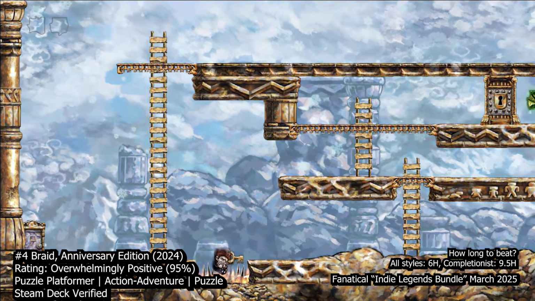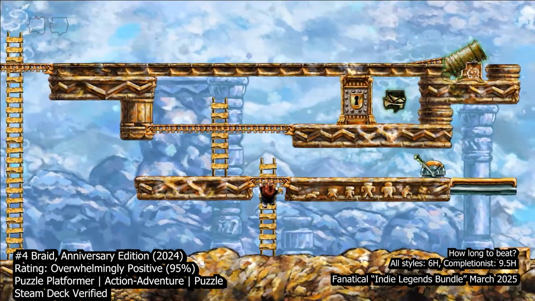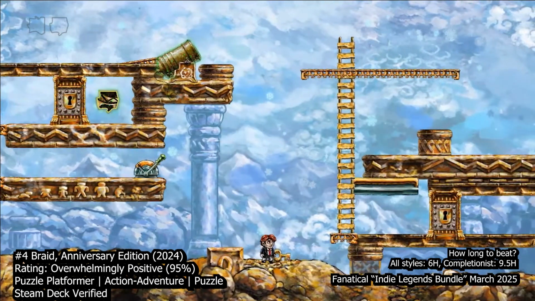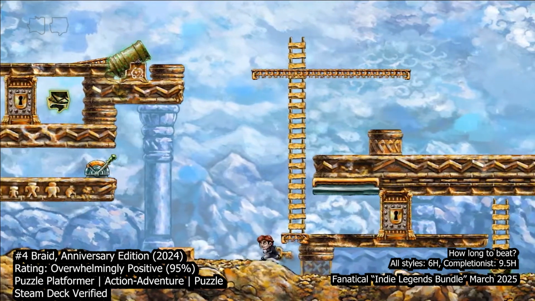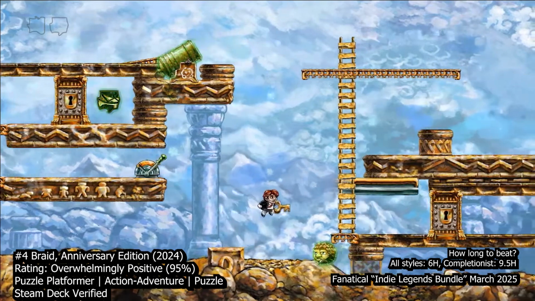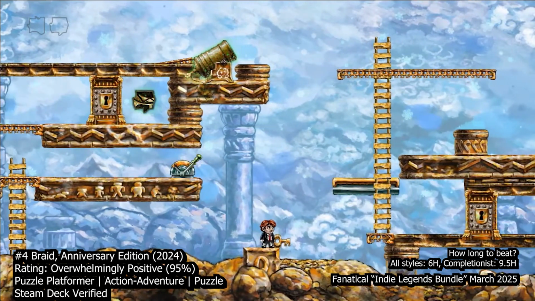Some puzzles are brutally tough, with the occasional control hiccup on ladders adding a bit of frustration. But when you finally solve a tough puzzle, the aha moments feel incredibly rewarding. You'll appreciate that almost every puzzle feels fresh, without any filler. Being able to toggle between the original 2008 graphics and the new ones at the press of a button is